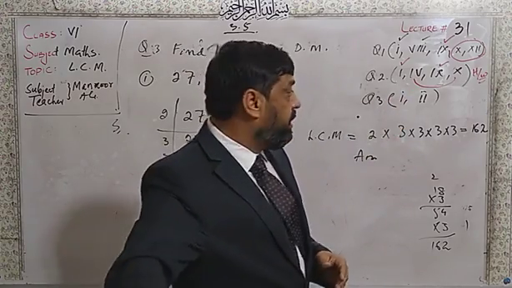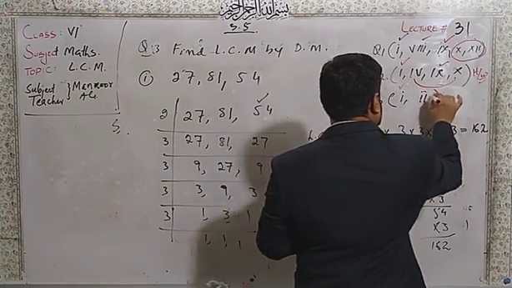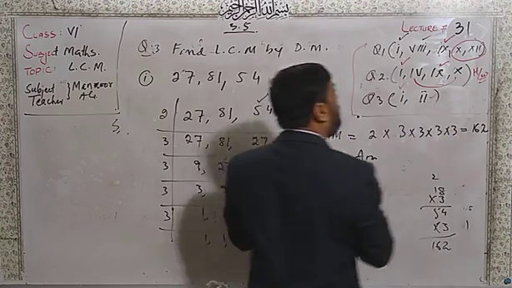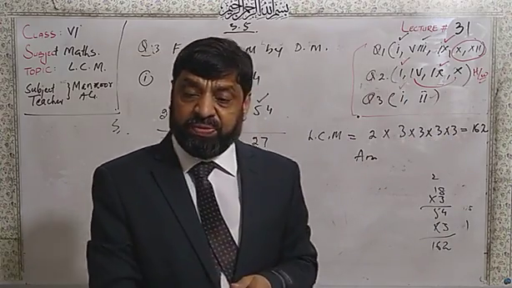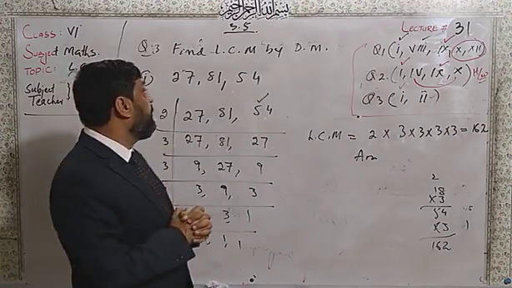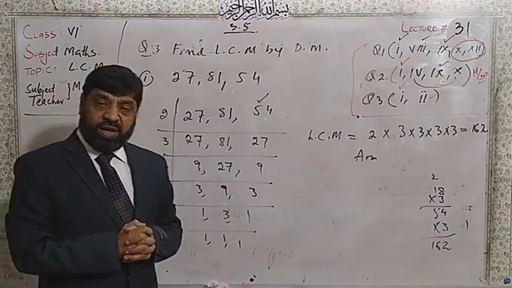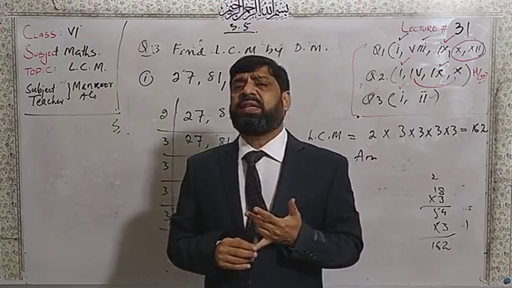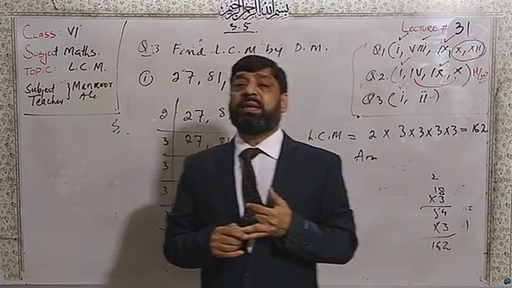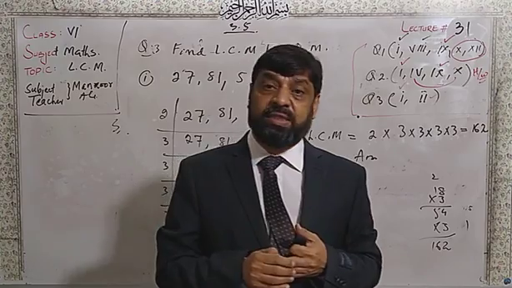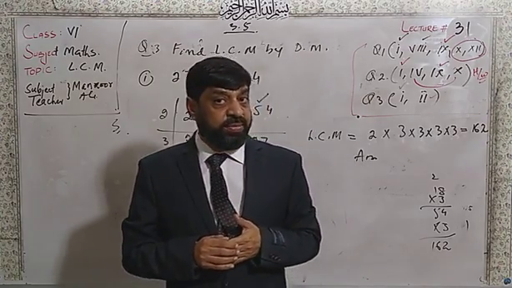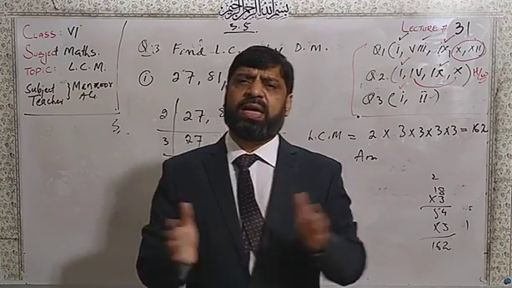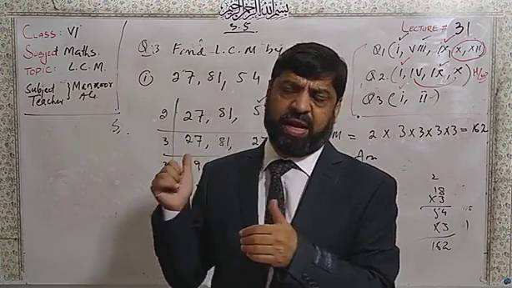Dear students, I did the part number 1, part 2 is homework for you, and this is the homework list. Please kindly note, this was lecture number 31, and it was about 3.5. We did, starting with question number 1, the common multiple method to find the LCM. Second, prime factorization to find the LCM. Third, the division method to find the LCM. LCM was found by three different methods that we have done here.